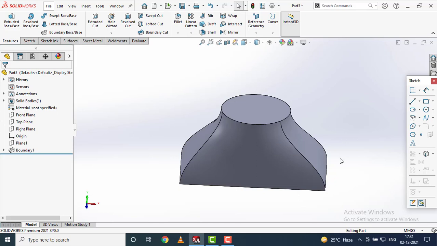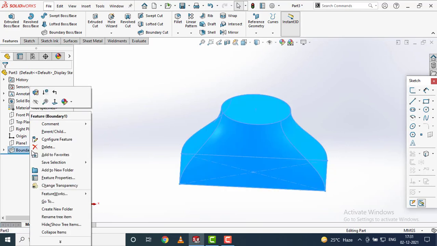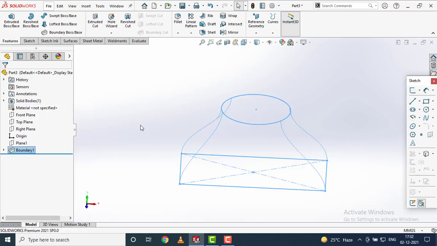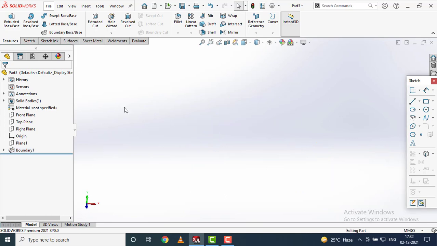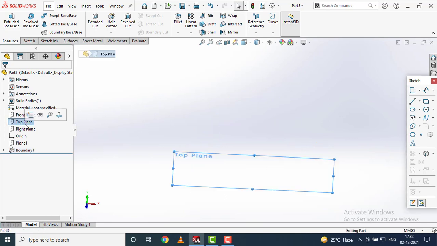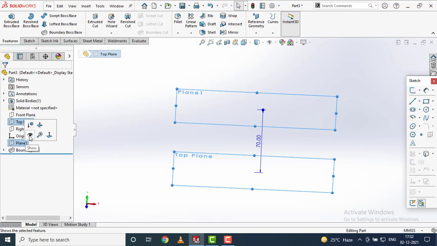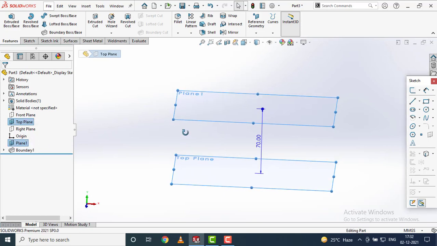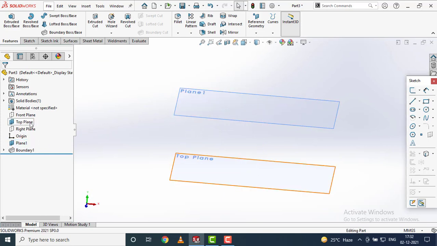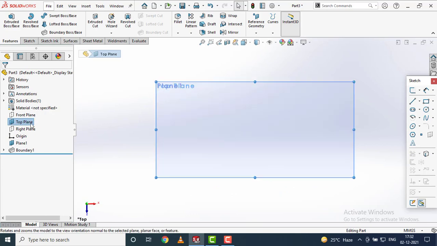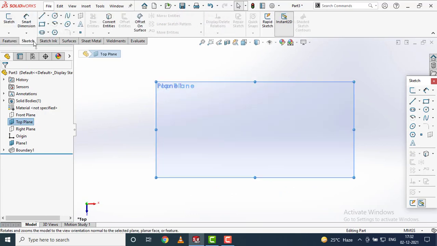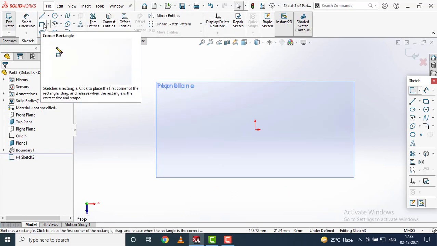To make you understand boundary cut feature, first of all, I will hide this feature. Now I will again make those two sketch planes visible. Then I will select top plane, make it normal, go to sketch and let's draw a rectangle here.